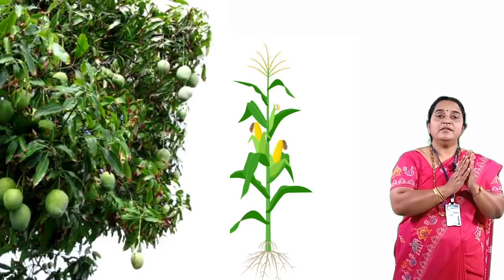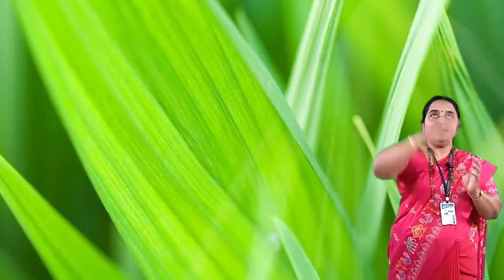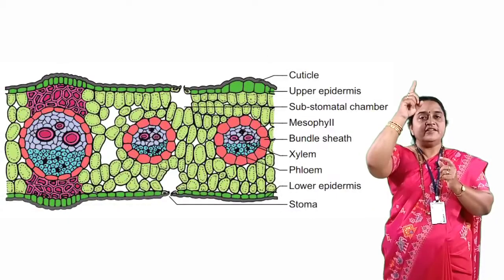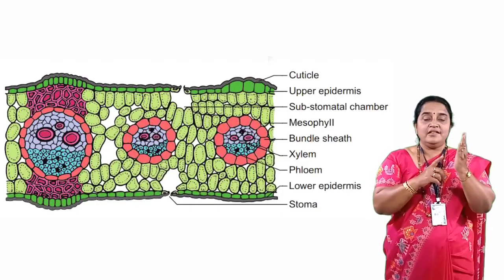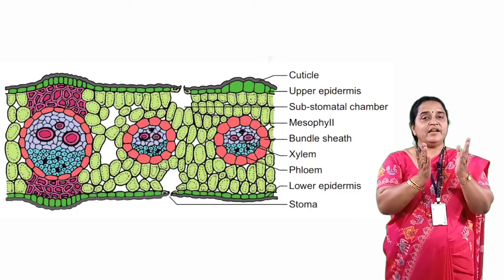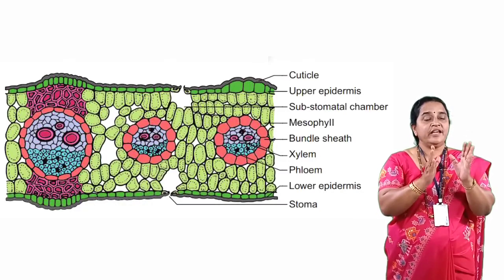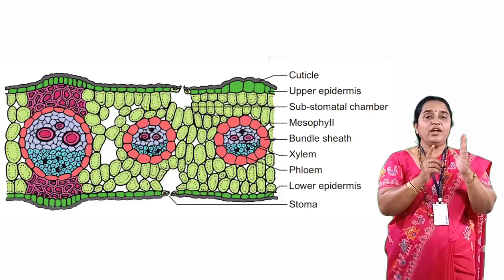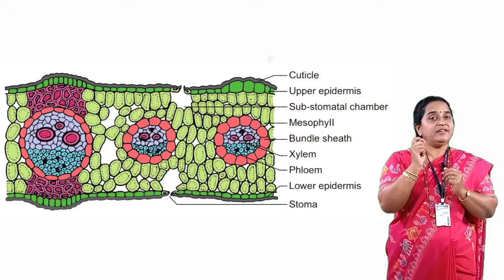Apart from that, just imagine now or try to observe after hearing this particular explanation. When you see the monocot leaf referring to maize or grass, as the leaf is parallel to the stem, when sunlight falls, both upper and lower epidermis will receive equal amount of sunlight. Hence, the synthesis of chlorophyll on both sides is similar. So, green color appears same. Then, if you look at the arrangement of tissues on both sides, it is going to remain same.